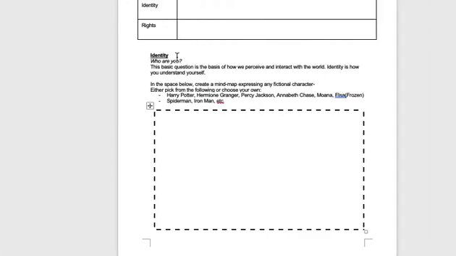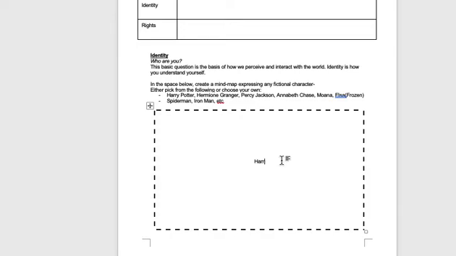Okay, so first what you're going to do is a mind map for one of these fictional characters, just like I did for Batman and myself. I want you to put in the center who you're going to pick. You can pick anyone from these people, or someone yourself. It doesn't really matter. The big thing is it should be someone fictional, someone you watch, someone you're familiar with.